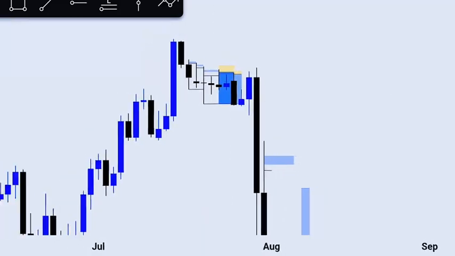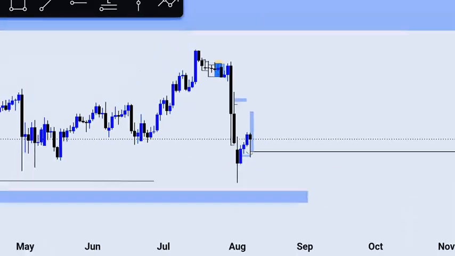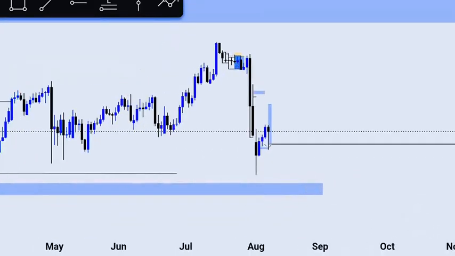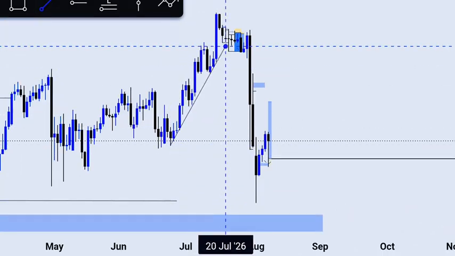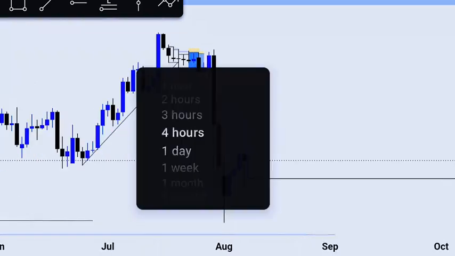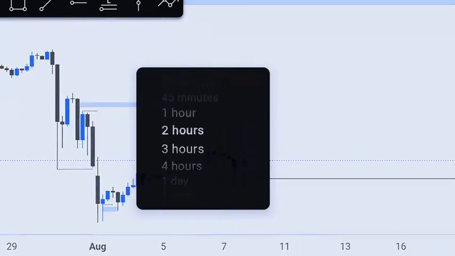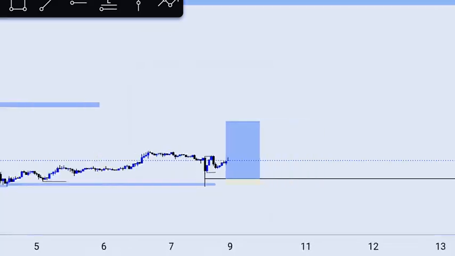So I was just patiently waiting for a market structure shift on a lower time frame to confirm that market is ready to sell and clear this trendline liquidity. That was what I was waiting for there. So going lower to my time frame on the 45 minutes,